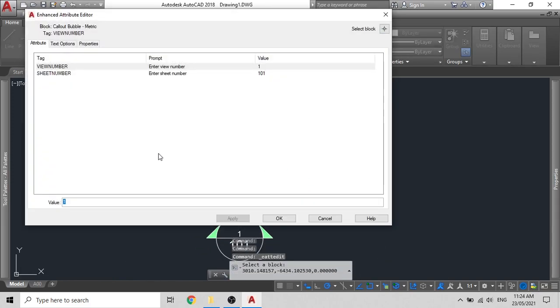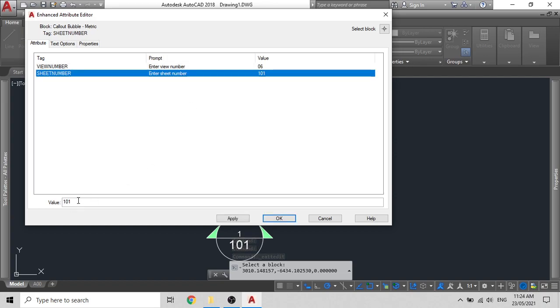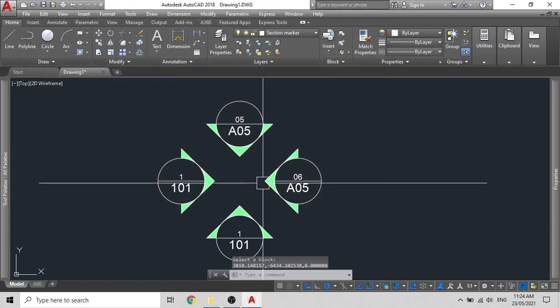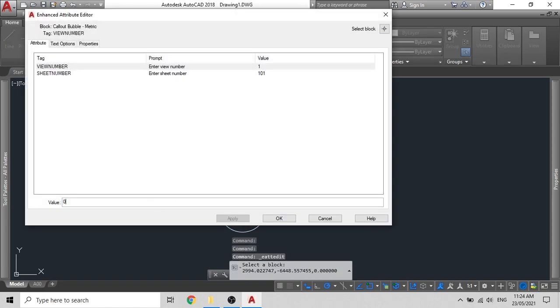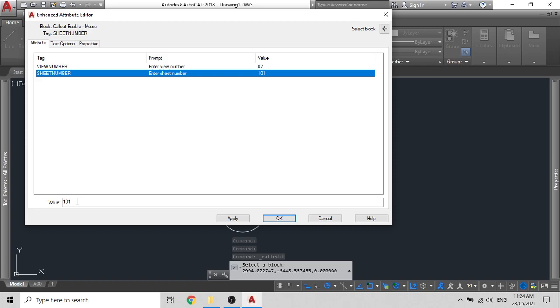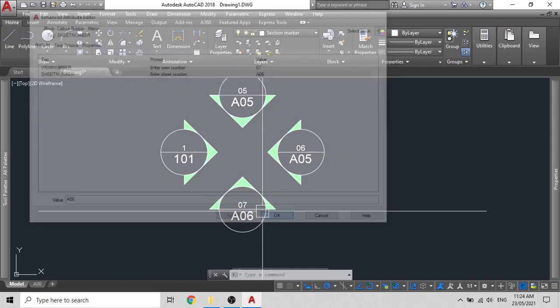Now we'll do the same for this. This will be 06, and then it will also be A05. Click OK. Now we'll click here, we'll do this 07, and the sheet number of it will be A06. Click on apply, then click on OK.